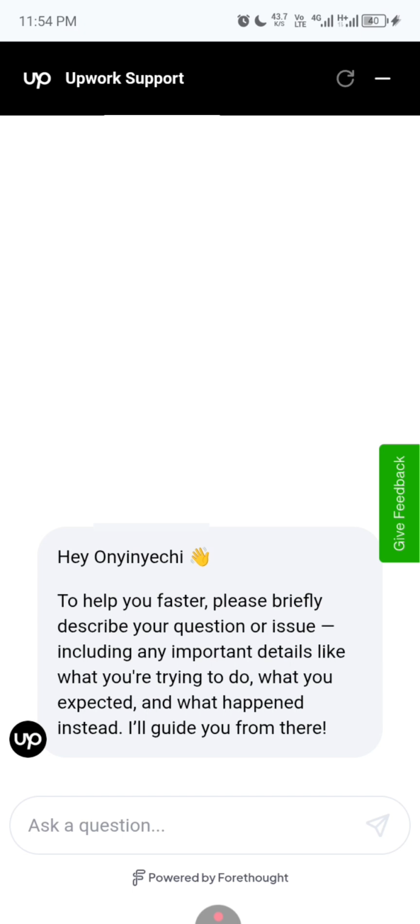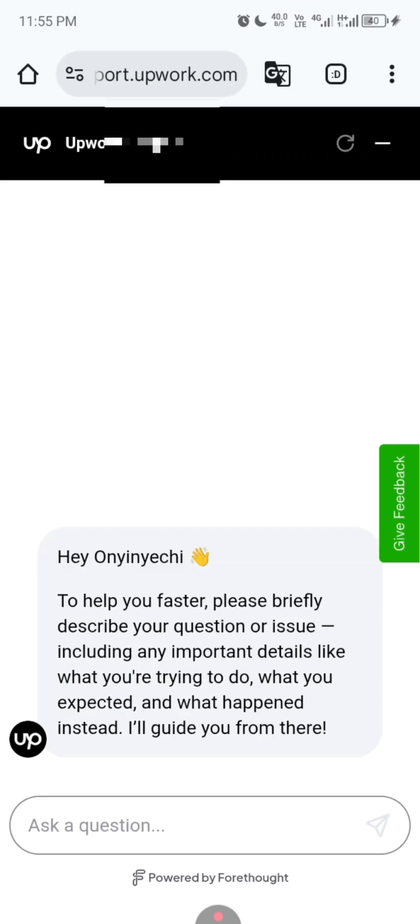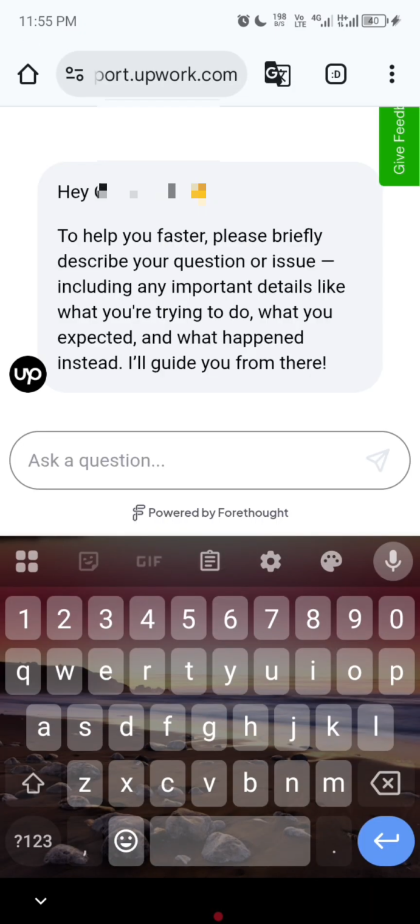Okay, so this is what it looks like. There's always a prompt message that Upwork will respond immediately you get to the chat with support section. So here is a quick one. When you get to chat with support, you are going to be telling the Upwork team what you really want, and